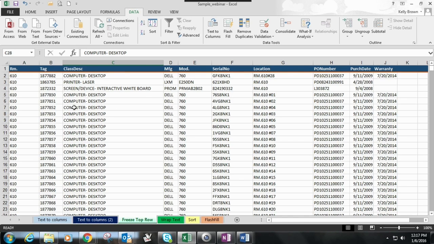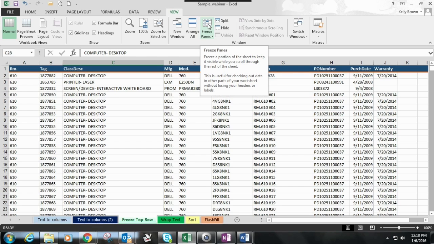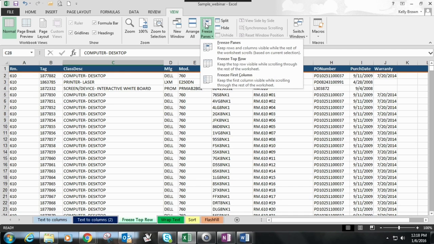To keep that header row visible, we need to go to the View tab in the ribbon. When we click on the View tab, we go to the ribbon to the right a little bit, and we see a button that says Freeze Panes. If we click on the Freeze Panes button, a task pane appears, and the second choice says Freeze Top Row. Keep the top row visible while scrolling through the rest of the worksheet, and that's exactly what we want to